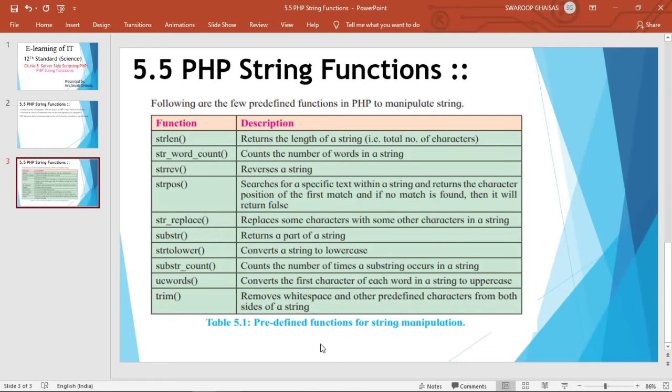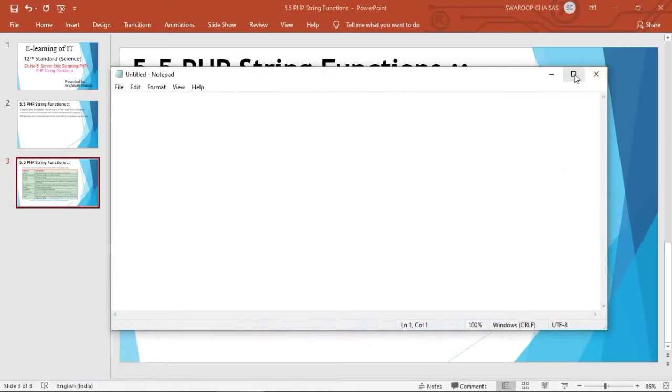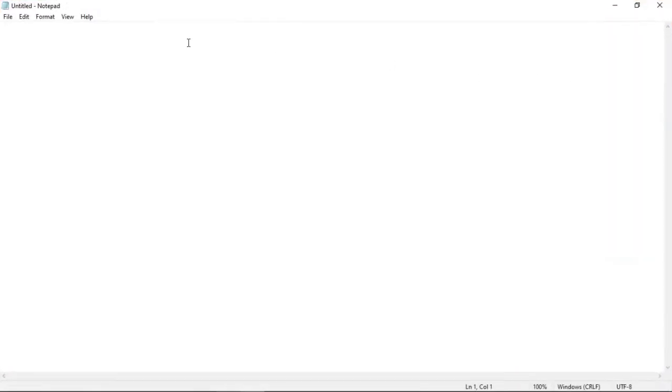To write a program, first of all open a notepad and then start writing the code. The code starts with a question mark PHP, and it ends with a question mark. Then let us declare a string variable.